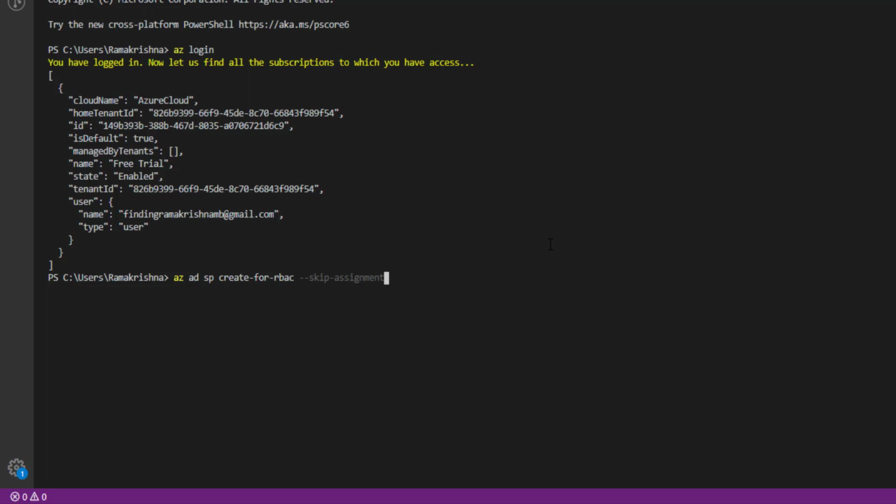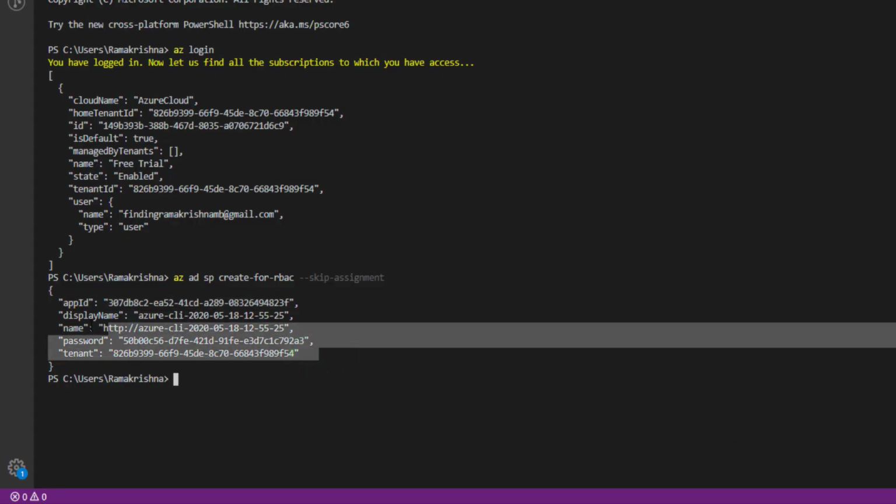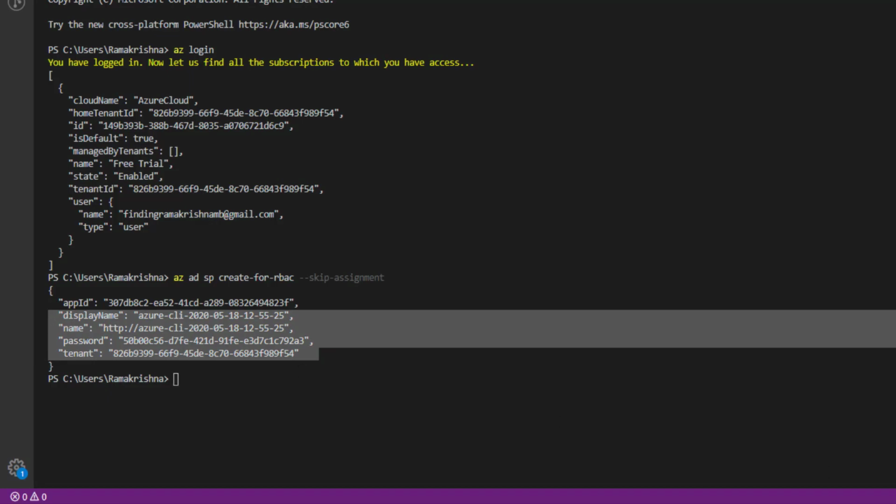We don't use any other parameters like certificate or name. Let us be basic and create this principal. Our service principal is successfully created. Copy and paste this app ID and password in a separate note. If you want, you can copy everything. Let me copy and paste it somewhere else.